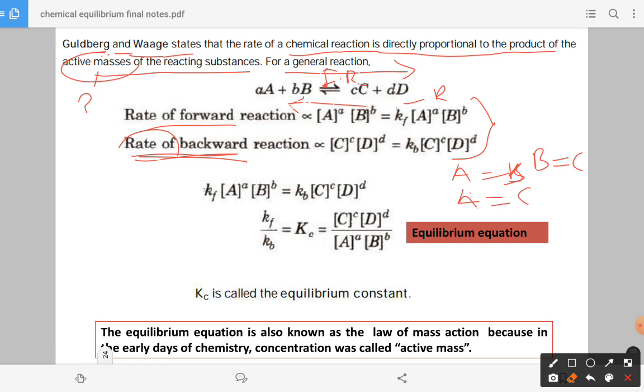Next, let us go to the next slide. If you go to the next slide, what we have here is